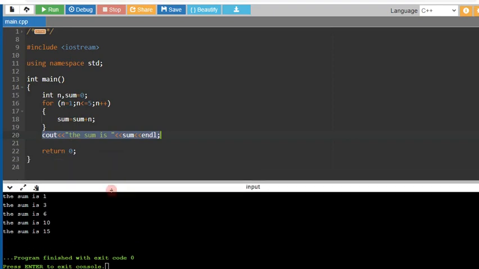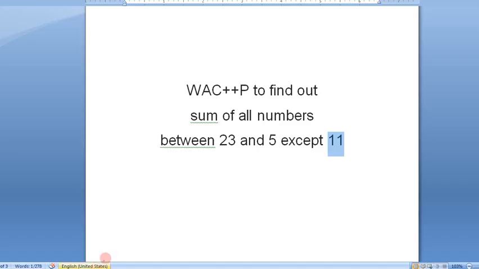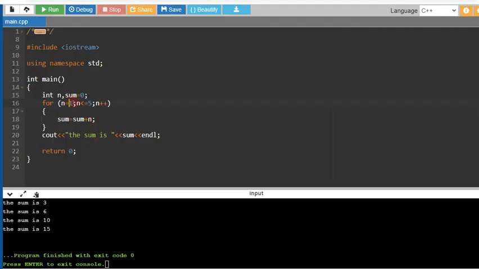So this is the editor where we did the previous program. I'm just making the changes here. So sum, as we need to take. This line is perfect, no need to remove. Now let's see what the beginning is. The question is saying that we have to start the number from 23 till 5. So for the beginning we specify n equal to 23, and as it goes in descending order, you can specify n greater than or equal to 5.